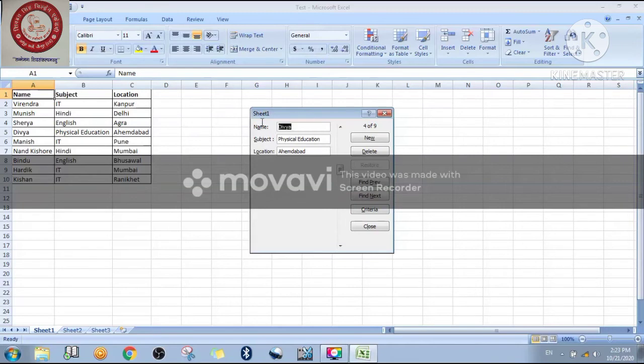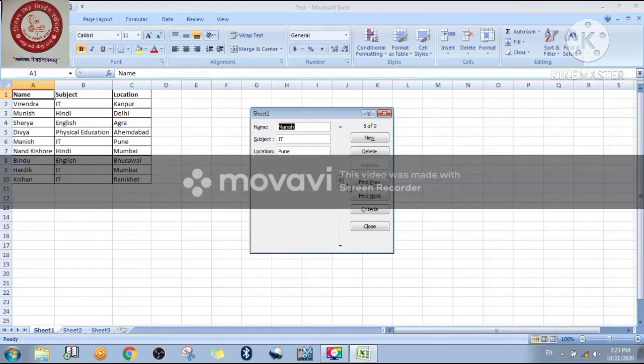Suppose I want some other data. Let me click criteria one more time, and suppose I have written Manish. If I press the enter button, you will be able to see the details of Manish, right? So students, it is a very simple thing for you.